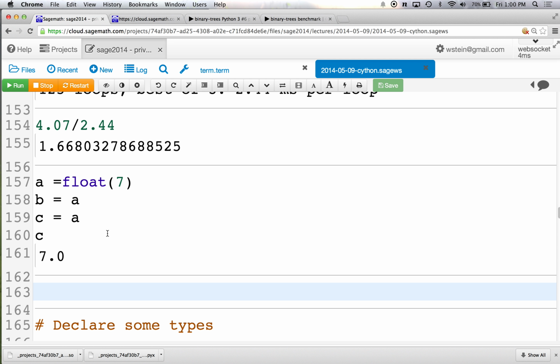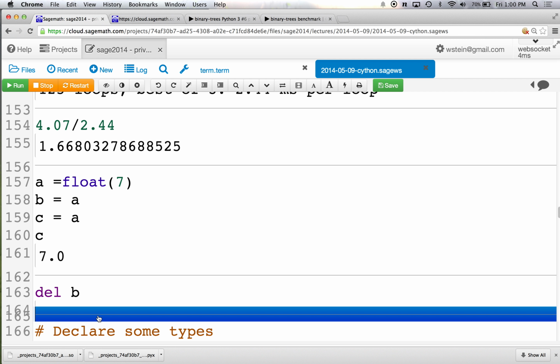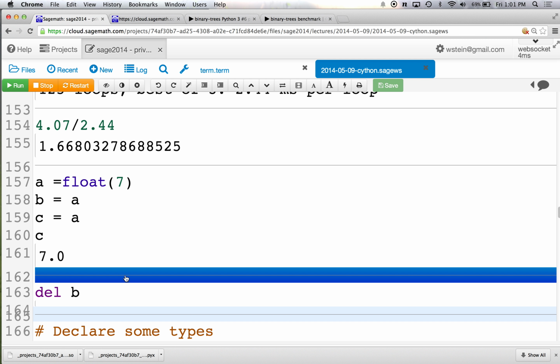And there's this code that every time you, for example, if you were to say del B, so that deletes B, so now B is no longer defined, that means there's one less reference to that object. And so some additional data in addition to that double that's stored in there gets decremented by 1. And at some point when it eventually gets to 0, then the whole object's freed. So it's really pretty complicated.